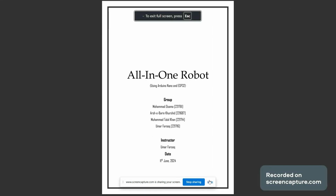So, this is a presentation on the project we made for our semester, which we'd like to call an all in one robot using Arduino Nano and ESP32 microcontrollers. Our group is comprised of me and three other batchmates. Our instructor is Umar Farouk. And without further ado,